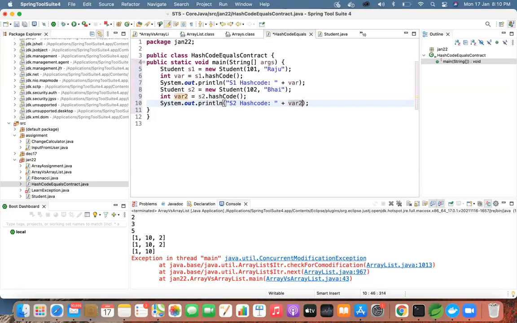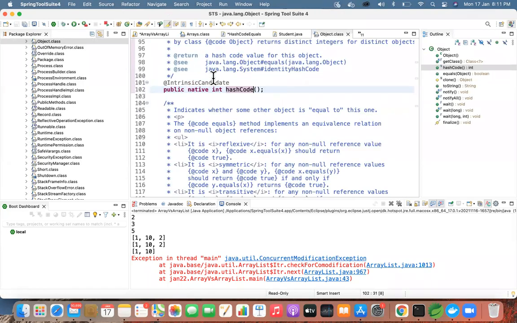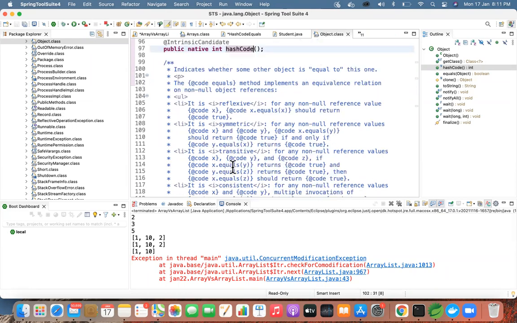Before going into the execution part, can you click on the hash code method and go to the Object.class file once you save this? Here you can see that this method has the native keyword, which we haven't explored so far. So what is this native keyword? It returns an integer value. We don't have any implementation, but it gives you some output. So how is it happening in the backend?